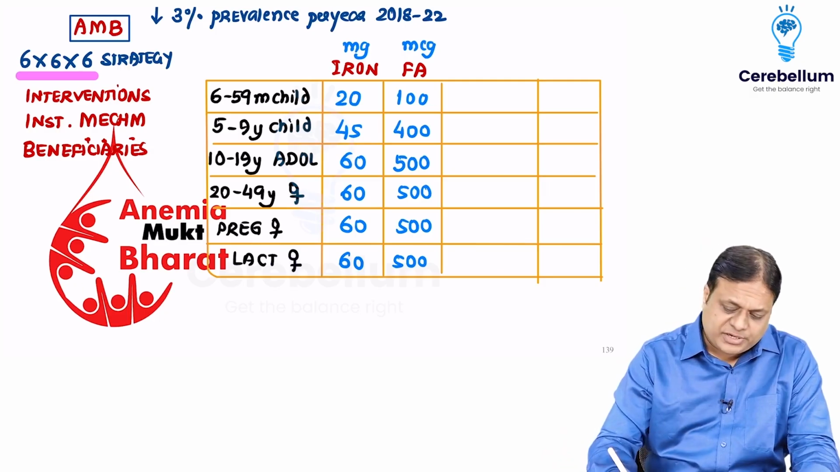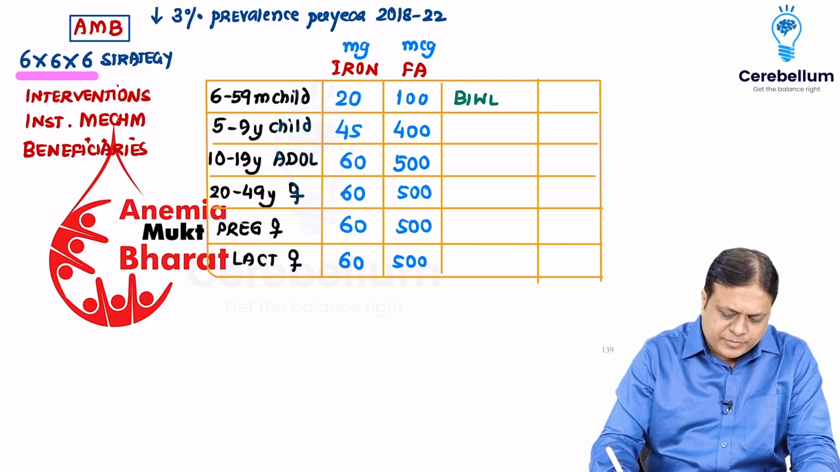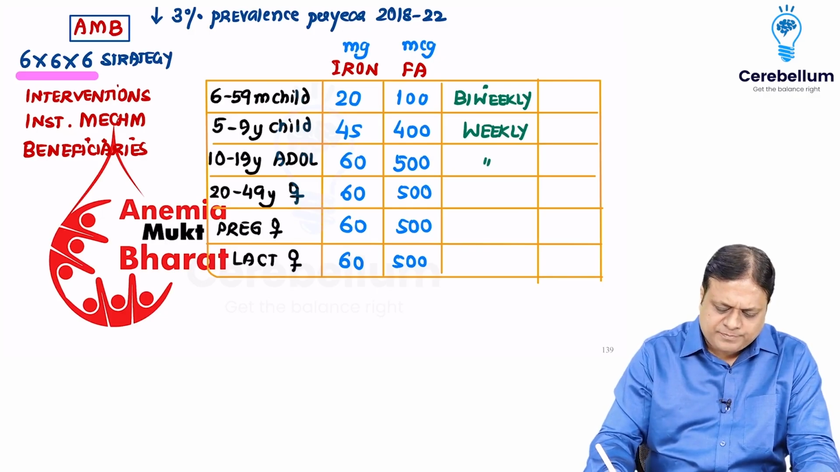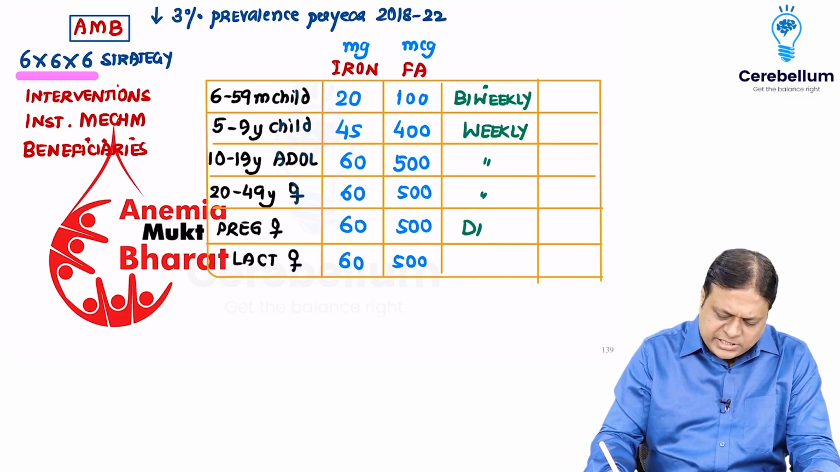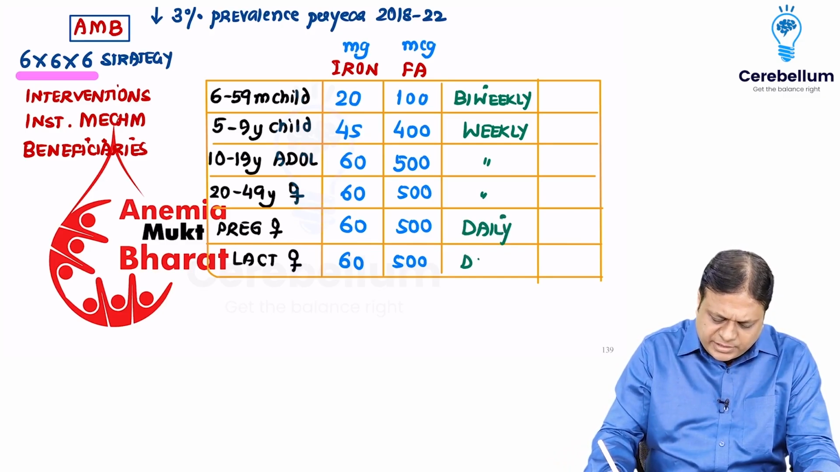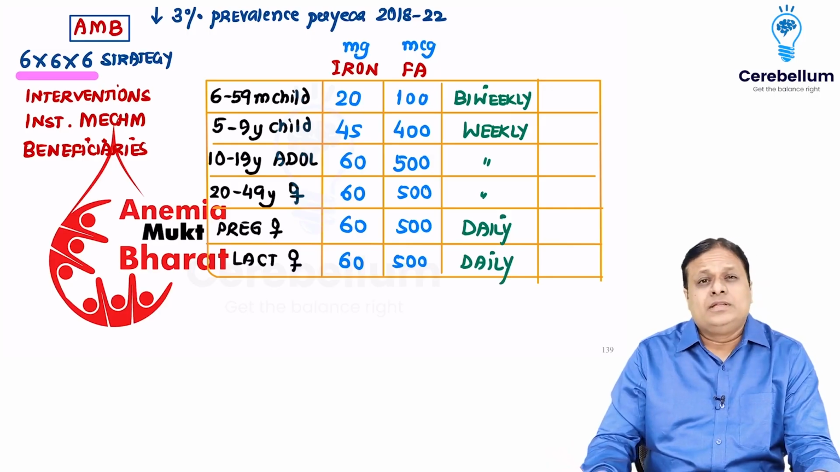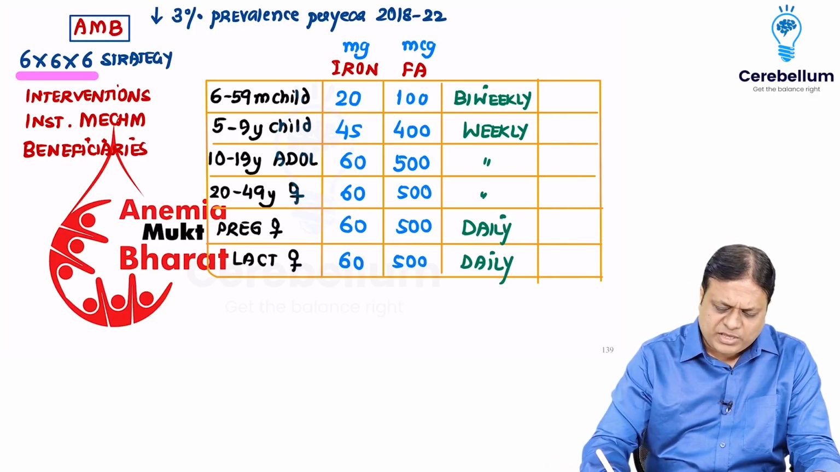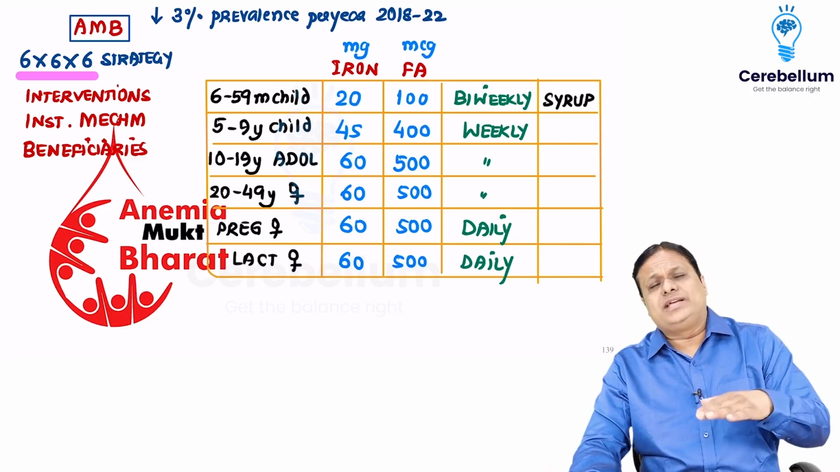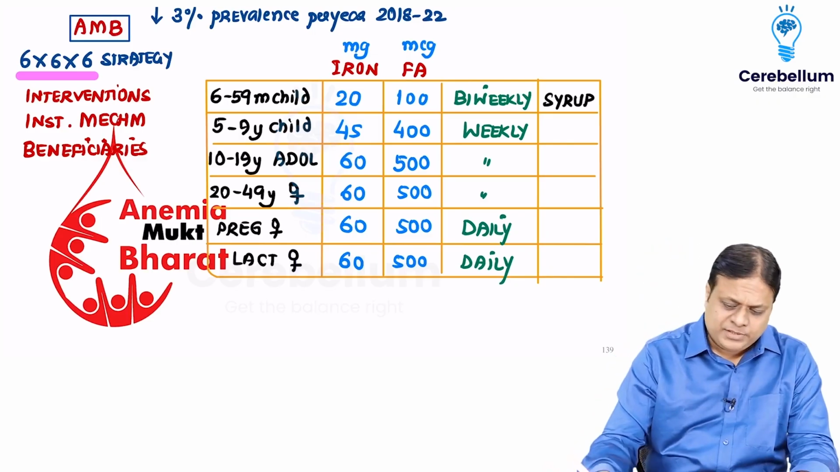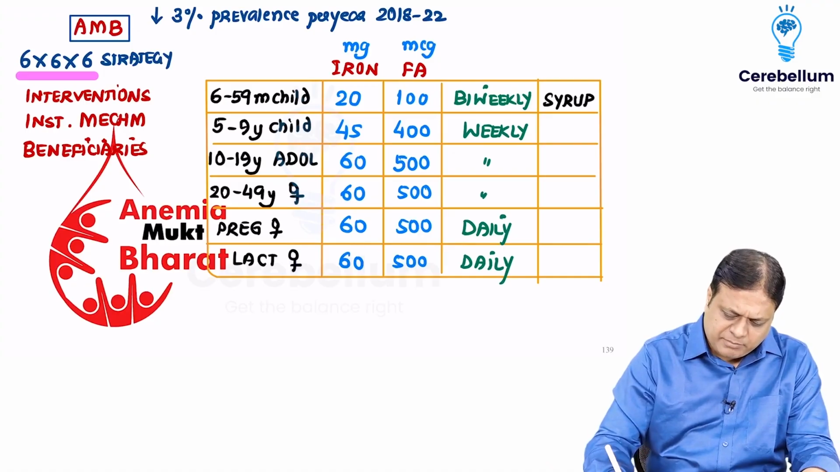The frequency is different. Bi-weekly, it is given to children below 5 years. Then it is given on a weekly basis to children 5 to 9, adolescents, and reproductive age group non-pregnant, non-lactating. Pregnancy and lactation, it is given on a daily basis. Now, children below 5 years get it in the form of a syrup, but all other get it in the form of a tablet. So, pink tablet,